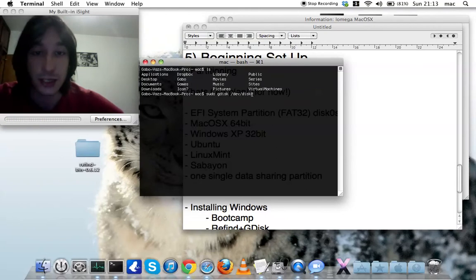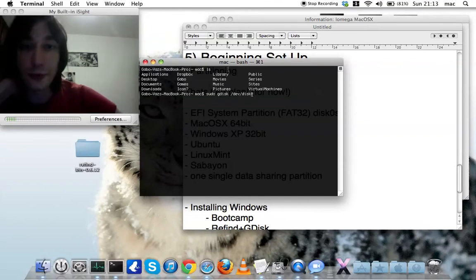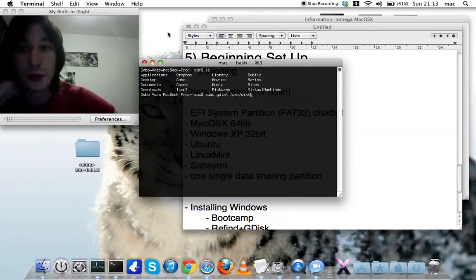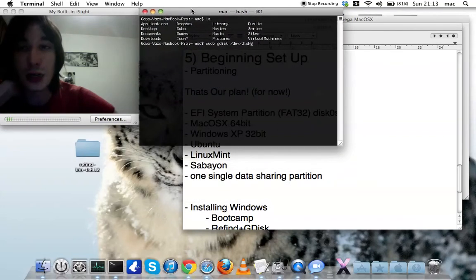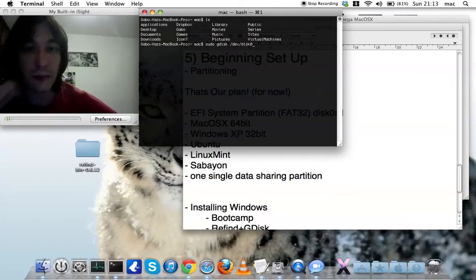Okay, so your disk may be 0 normally. 0 will be your main disk, but depending on your setup, and if you're running on an iMac, which can have more than one HDD, maybe the main location where your macOS X is installed can vary from 1 to 0 to 2, I don't know, but you can easily find that out if you